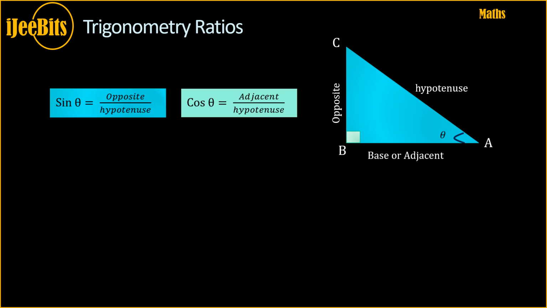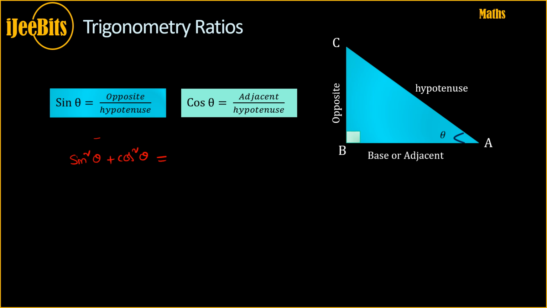So now you can see there is a relation between the sin theta and cos theta. You know what would be that relation? So look at this one, sine square theta plus cos square theta. If you can compute this one, what happens is your opposite is like this one,